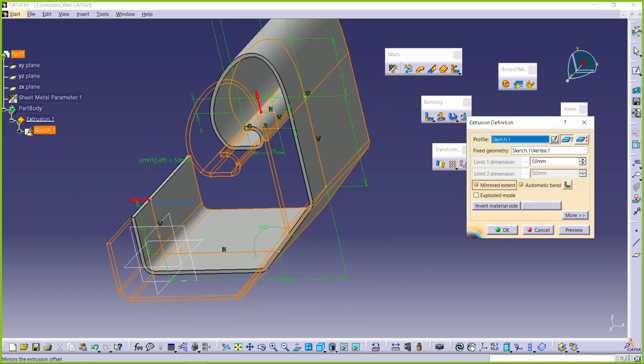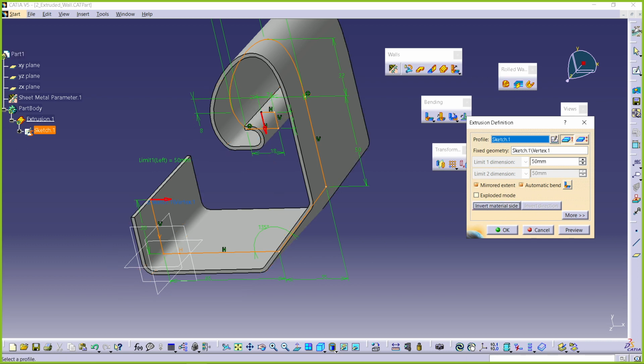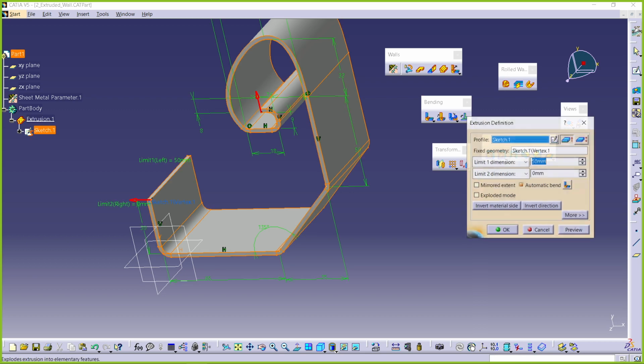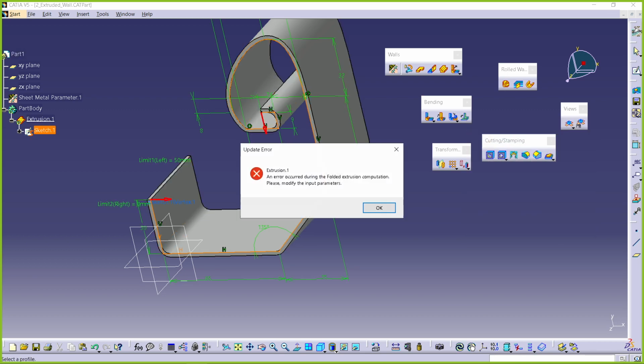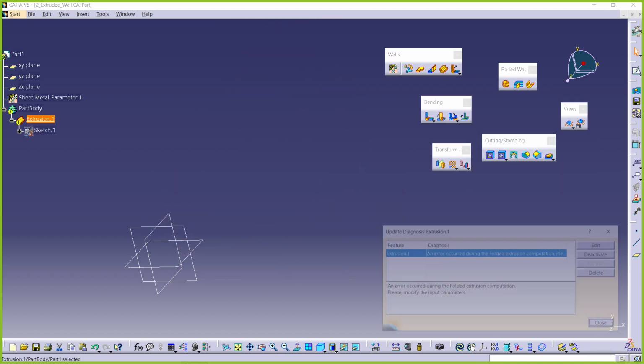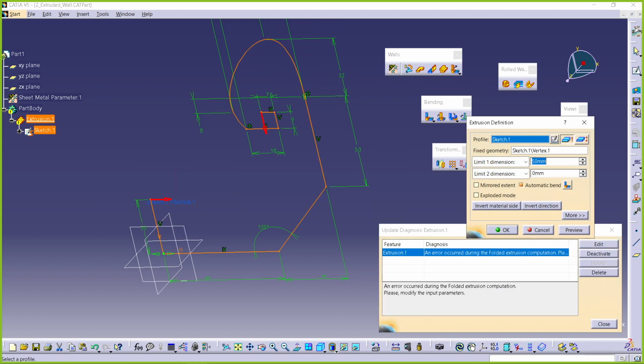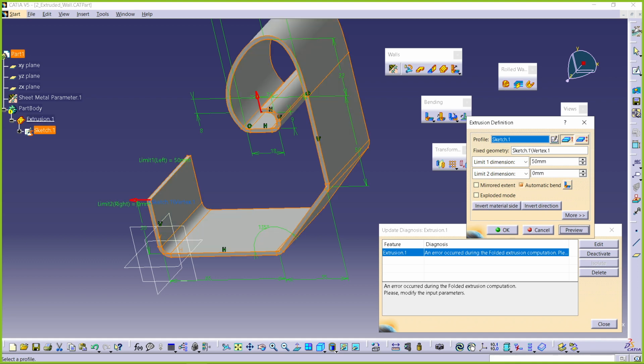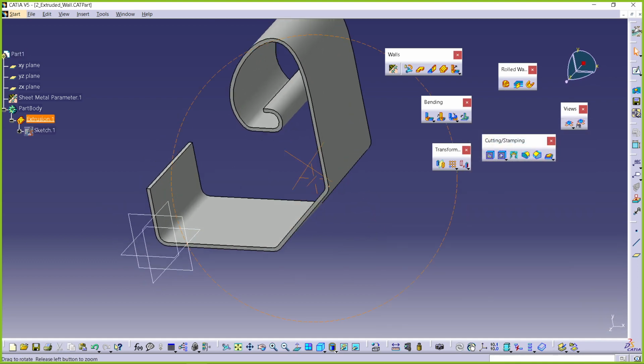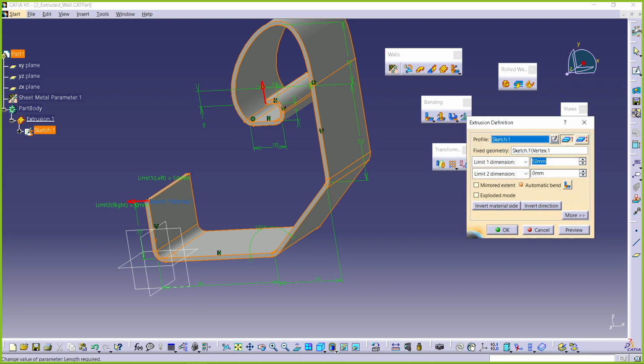Then mirror extend means on both sides it will create the same distance. Invert the material: you can see now it is inside, now it is outside. Okay, I'm just turning off mirror extend, inside the material, preview. Here it is outside the material, it is not taking. Okay, it's fine. Now here, invert direction